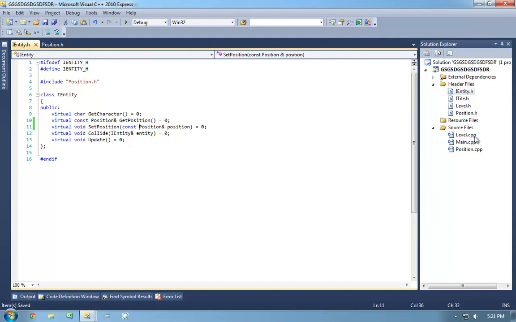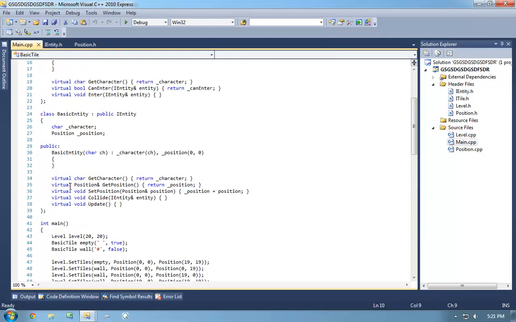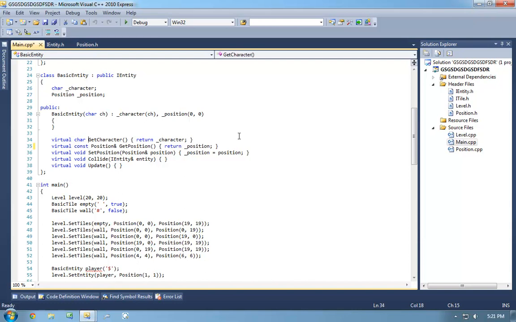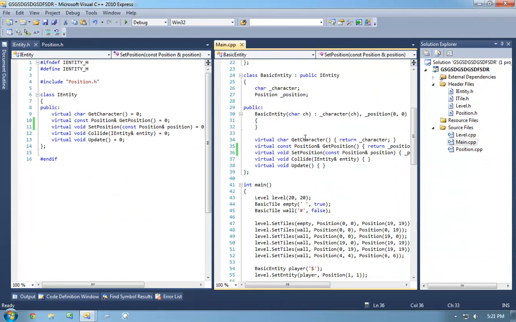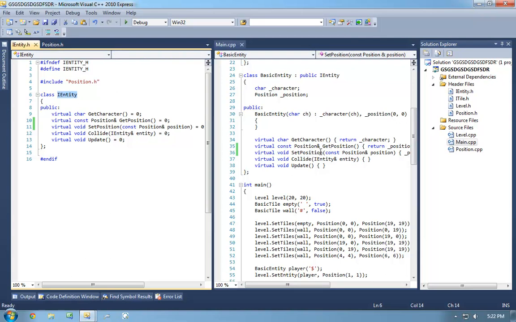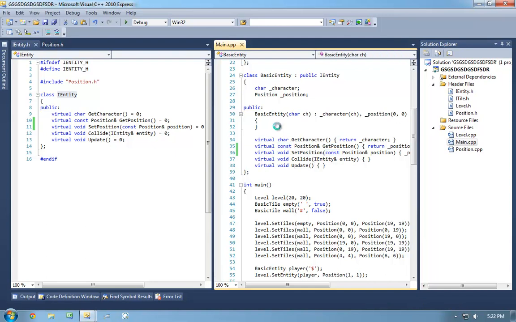So once I've done that, if I jump back into main.cpp and fix my get position and my set position. Now the reason I'm fixing these two in main.cpp is that they are inherited from, but of course this being an interface by name, not necessarily by any language feature, I am referring to this as interface implementation. Our getPosition and setPosition methods are implementing the members that we define in identity, so we have to mirror their signatures by adding the const modifier to both the return type of getPosition and the parameter to setPosition. If I go ahead and build out, though,